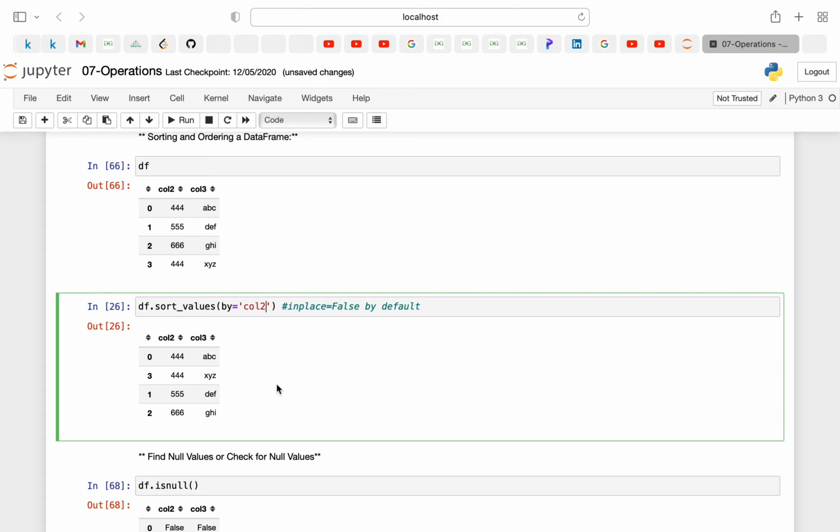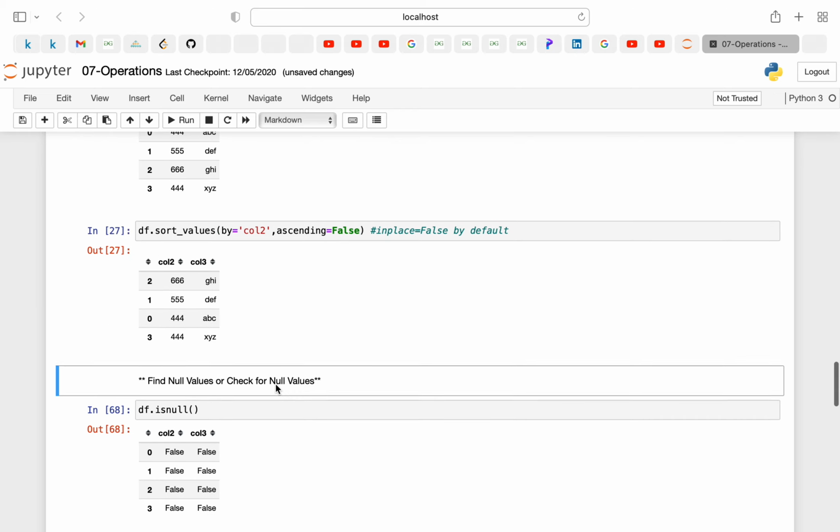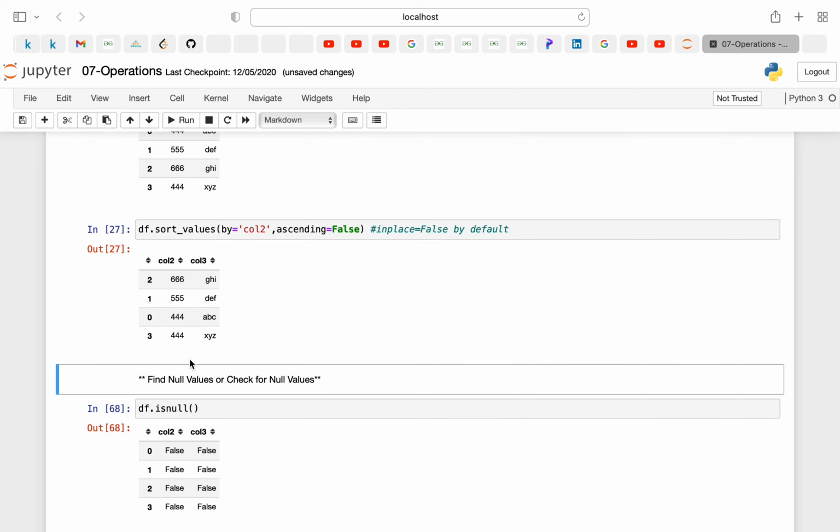It will sort values in ascending order. Now if you want to do it in descending order, you need to put ascending equal to False here. Now you can see that it's in descending order.